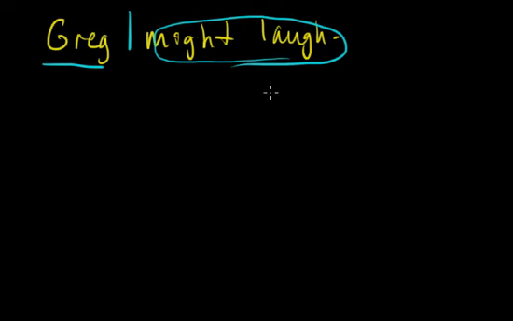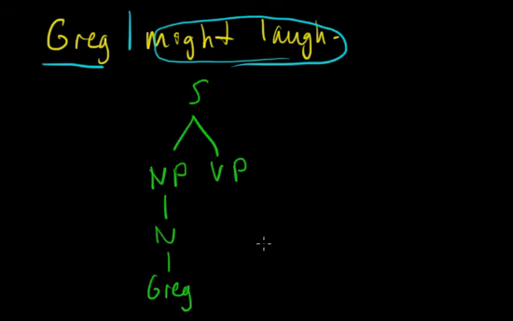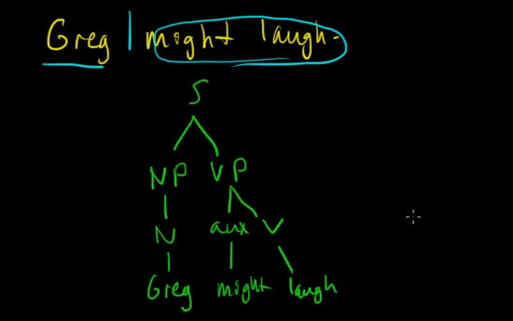Now you should have done this as your first step. Now let's go ahead and diagram our sentence. In our sentence we have two parts of speech, two branches, a noun phrase and a verb phrase. For our noun phrase, we have only one part of speech, a noun. Our noun is Greg. For our verb phrase, we have two parts of speech, a verb and its auxiliary. Our auxiliary is might, and our verb is laugh. Okay,